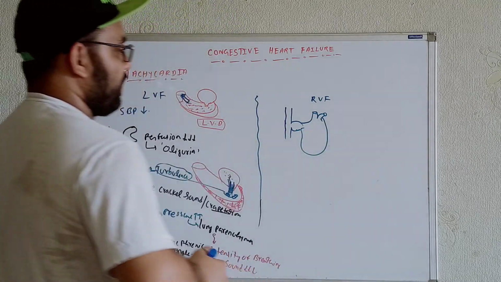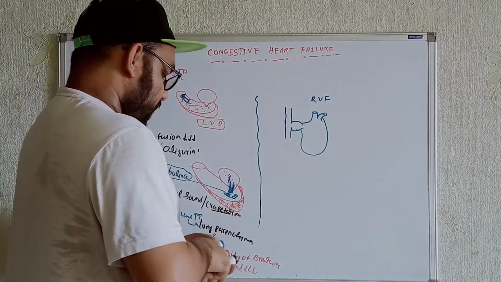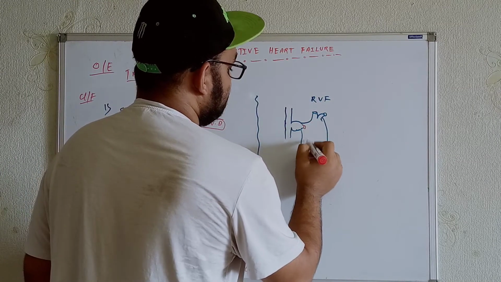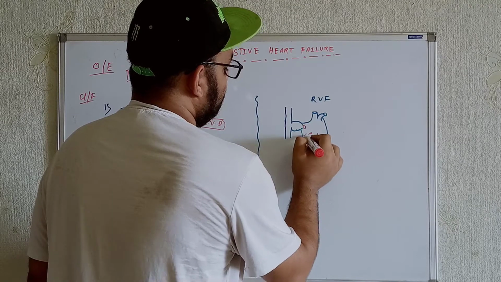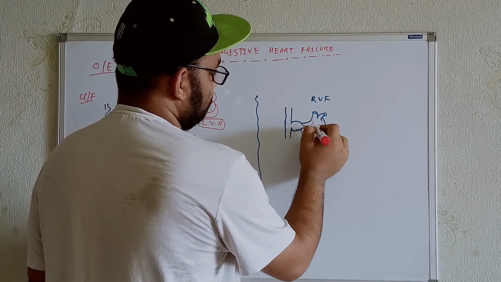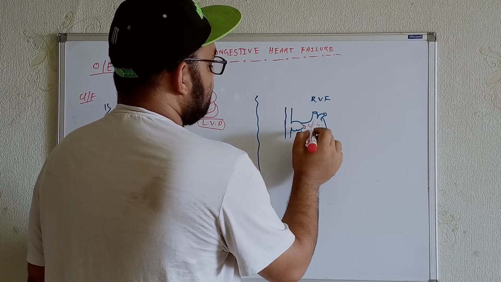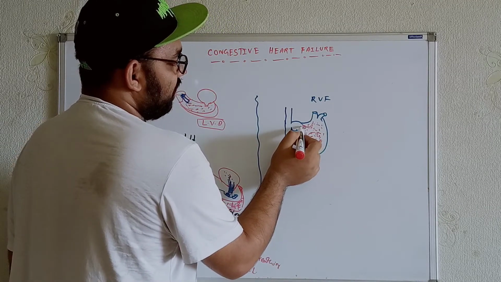Now try to understand from here. Is this the right ventricle? Is this the right atrium? Whenever blood gets accumulated in these regions, in the right ventricle, whenever it is not able to pump the blood through the pulmonary artery, there is a chance that the blood will be accumulated from here to the